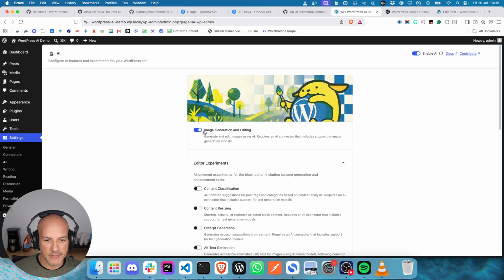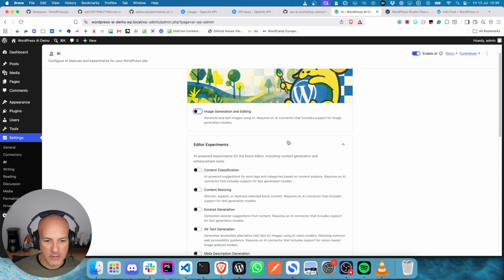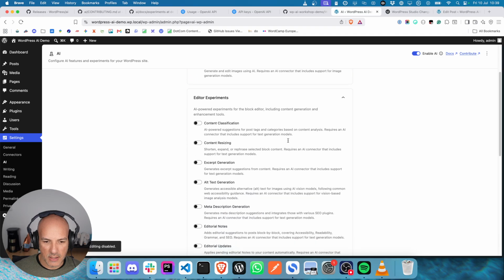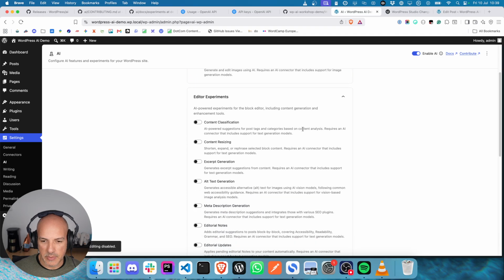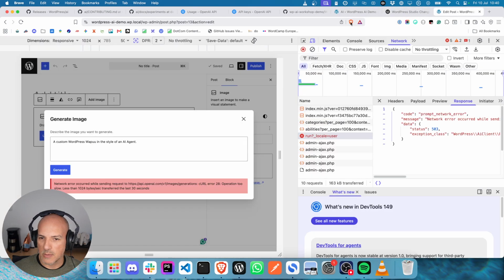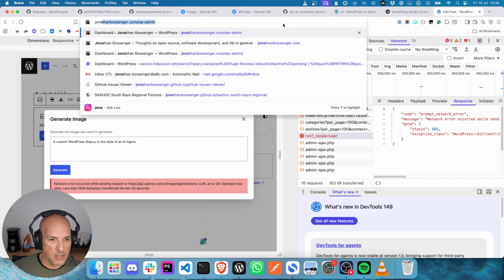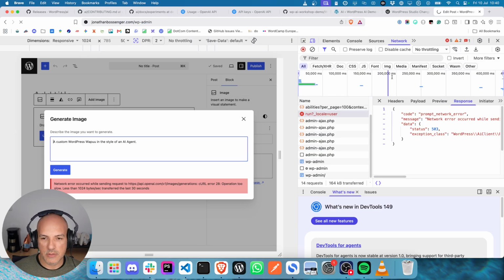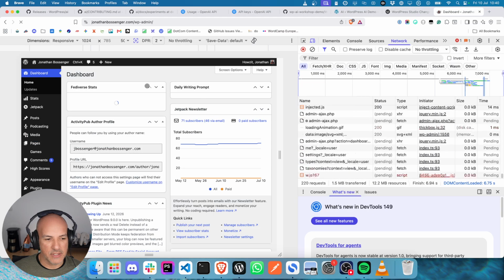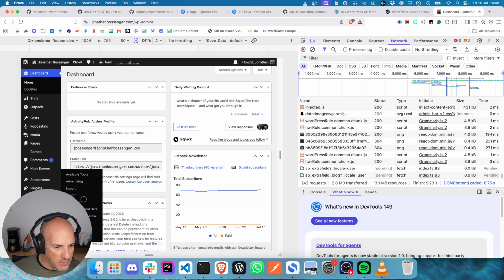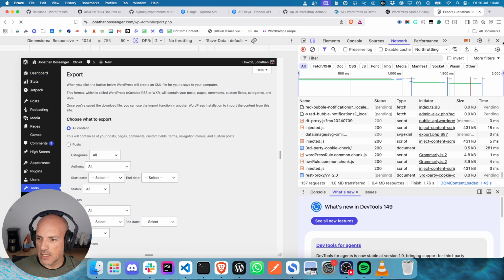Let's turn off images. So we've got content classification. AI-powered suggestions for post tags and categories based on content analysis requires an AI connector that includes support for text generation models. Okay, well, that should be an easy one. So what I'm going to do here is I'm going to do an export of my personal blog posts. I think I have this lying around somewhere, but I just couldn't be bothered to go find it. So I'm trying to export my blog posts,